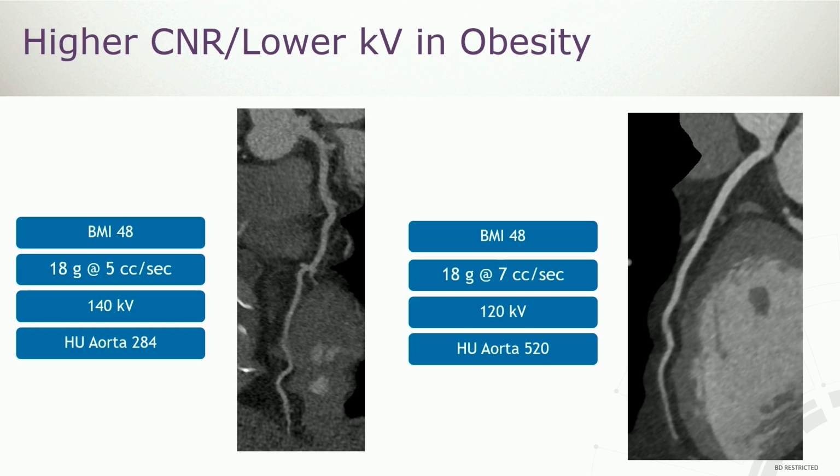So on the left is kind of what we would do before, BMI 48. Some institutions may actually not even scan these patients for coronary CTA. They may choose alternative modalities, probably PET in that instance. But you can really see at 140 kV, regardless of how you scan it, at 5 cc's per second, you've got very low attenuation in the vessel. You really can't see the distal vessels that well. There's a lot of noise there,